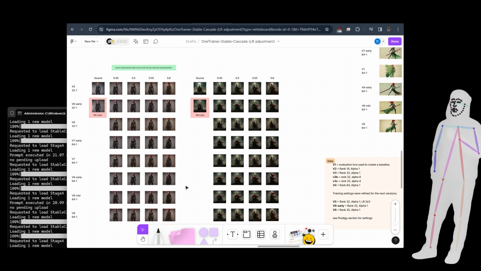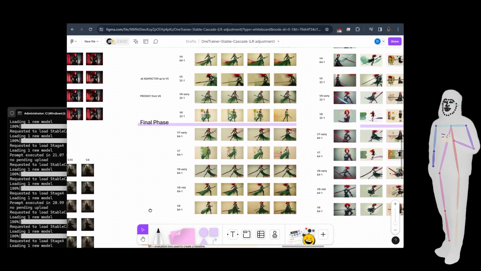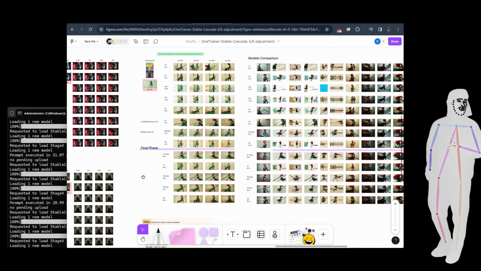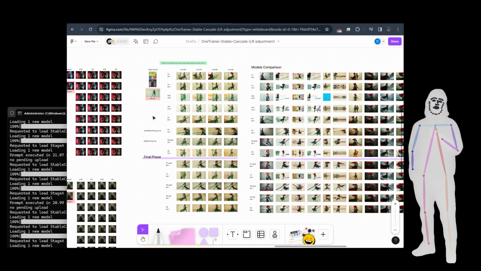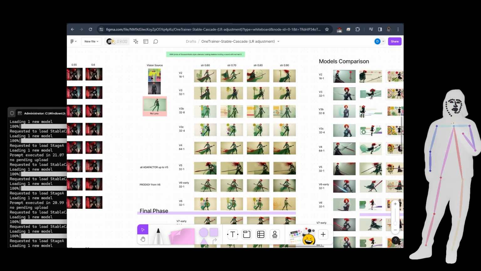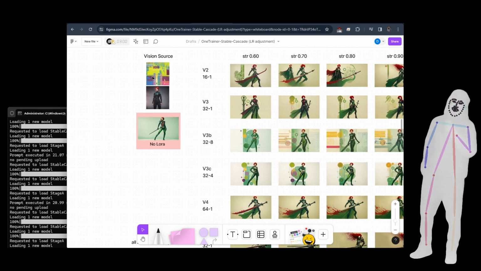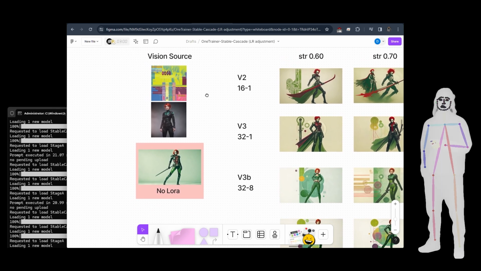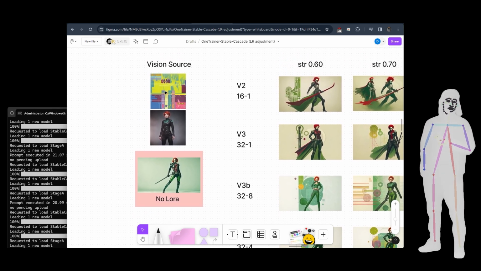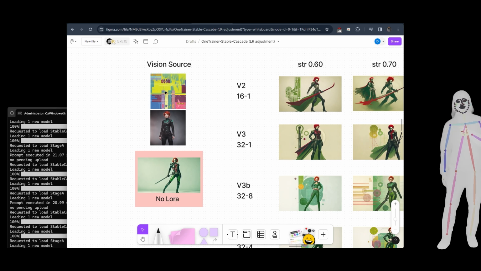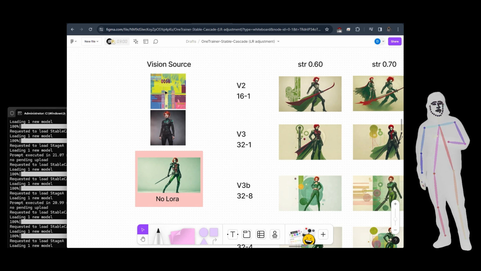Like I said, it's worth browsing over in your own time. The best of it is the models comparison. So I started off with vision source. This is just a breakdown of how this is done. We use one of my workflows for Cascade, which is the Cascade vision, image to vision. I think it's the Argus workflows. And I've just used a